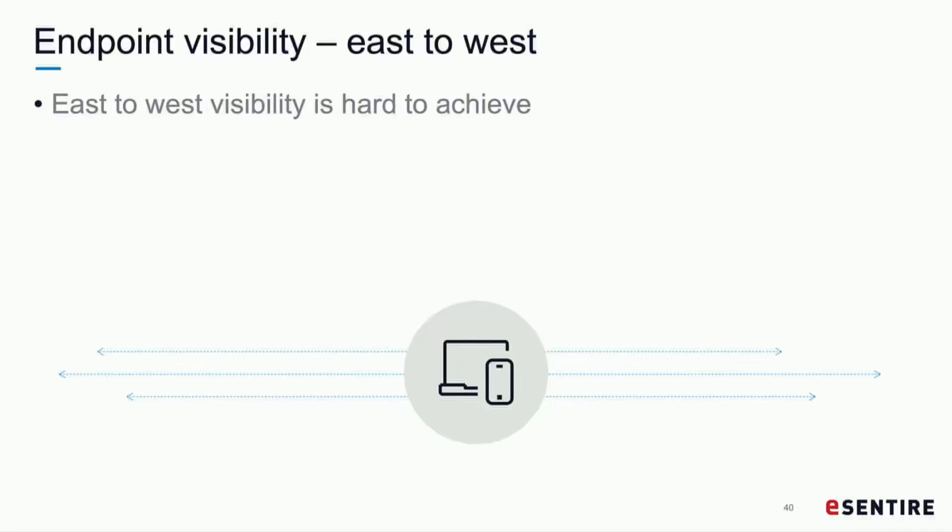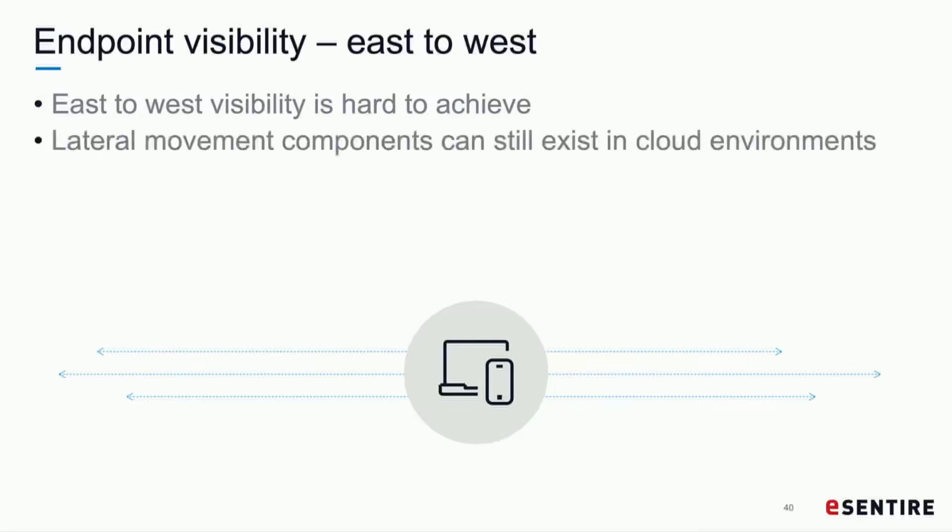Another issue we have to focus on is the east to west problem. This is not an issue just with cloud itself. This is an issue with all kinds of on-prem instances. If you do not have east to west visibility, you can't watch or hunt for lateral movement across an environment. So we use endpoints to get that visibility from a lateral movement perspective. If one machine becomes compromised and then it pivots to another machine, if you have endpoint telemetry, you have the ability to follow that through the entire attack chain.